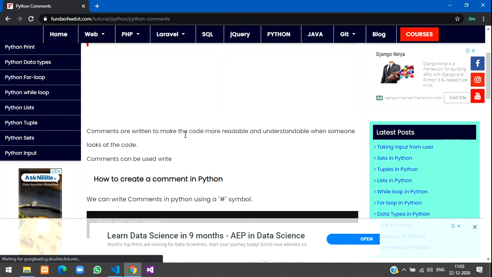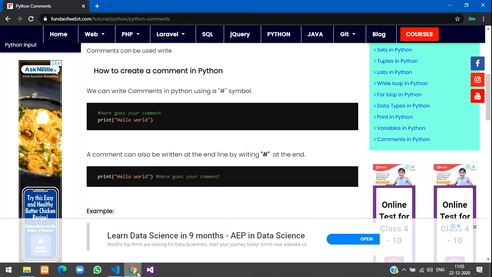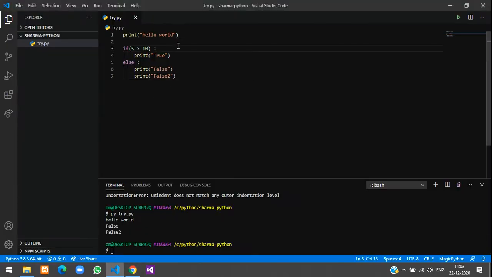Okay, comments in Python are very simple. You can use the hash symbol for writing a comment. I'll just show you the same demo here. Comments are written to remember what was the purpose of writing the code, like this is a hello world program. Next time you come and read this, you will understand why you had written this code. This will not be part of the execution of the program. When you execute the program, first it will print hello world. Due to this hash, this line will be ignored by the compiler. So you write comments for other developers to understand your code or for future reference. This is the use of comments.